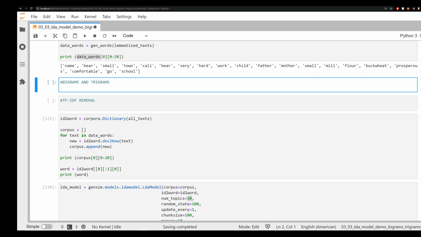And you can do this as many times as you want to. You can do up to quadgrams, etc. on down the list. There's really no limit. It really depends on what you want to do. Bigrams and trigrams are pretty much industry standard here, though. So we're going to make an object called bigram phrases, and we're going to grab